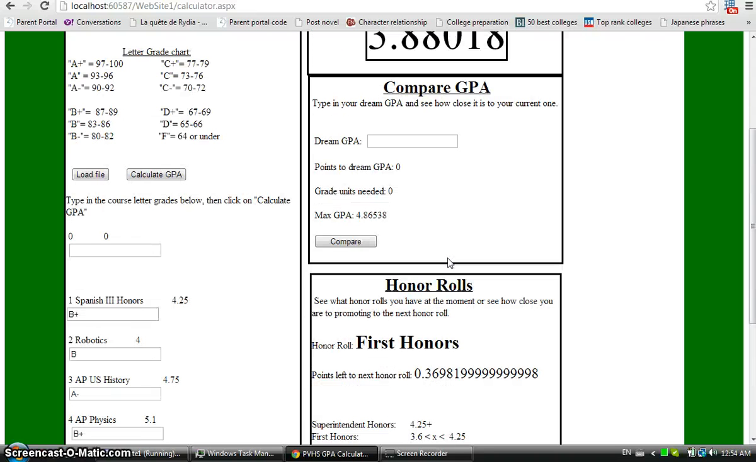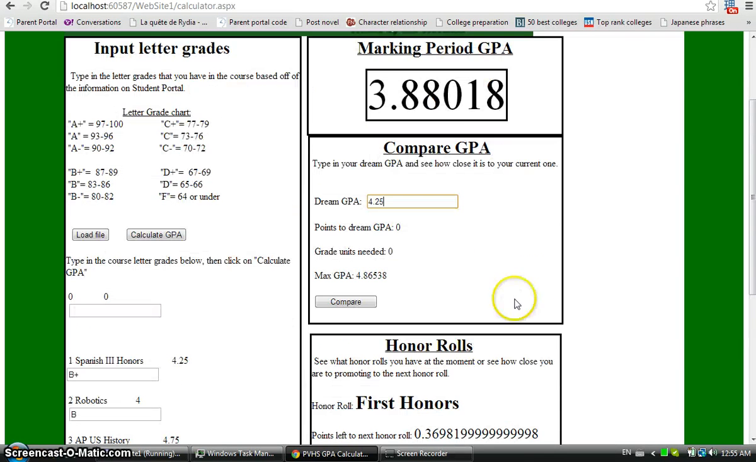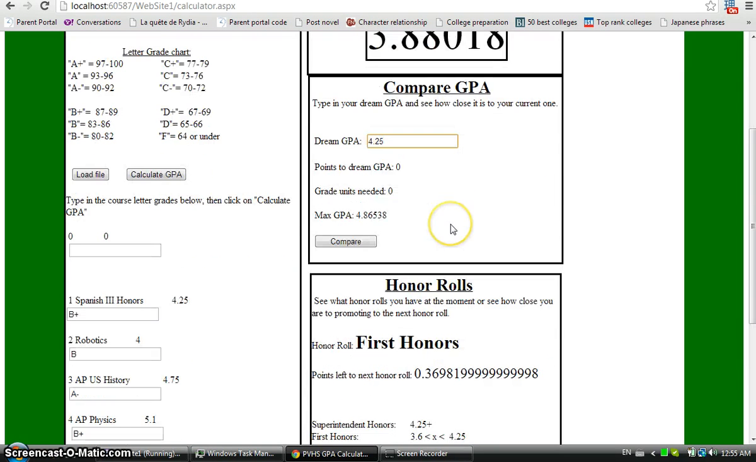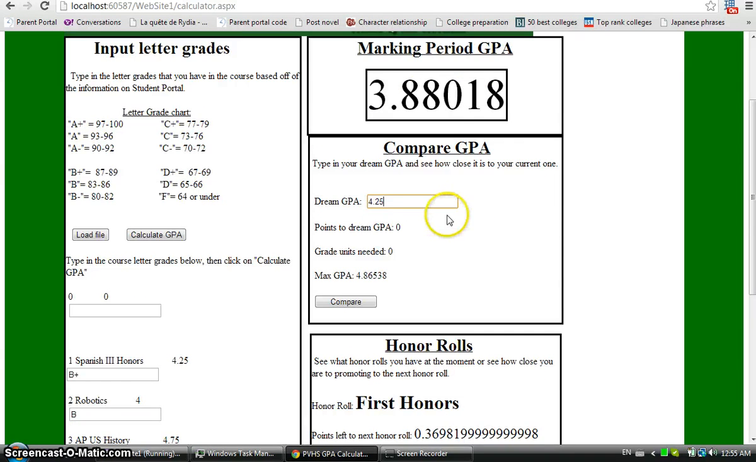So let's assume that I'm a first honors student who consistently gets first honors, and I want to get superintendent honors. Let's shoot high and aim for the next honor roll. This is where Compare GPA comes in. You would type in your dream GPA, which in this case is 4.25, the GPA you need to get superintendent honors. You would click on compare,